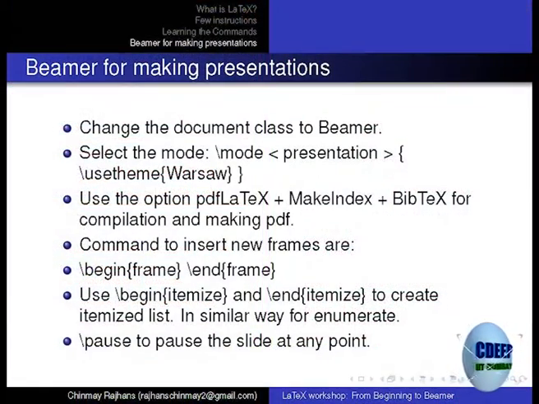So, the last part of the talk, this is my Beamer presentation. Many people I have seen doing this: they will make the entire report in LaTeX and the presentation in PowerPoint. How many of you have done that before? Okay, not done. Okay, good. You will be saved from this. If you have done the report in LaTeX and you are doing the presentation in PowerPoint, all the equations, everything, you will have to rewrite, right? And it is a total waste of time, right?